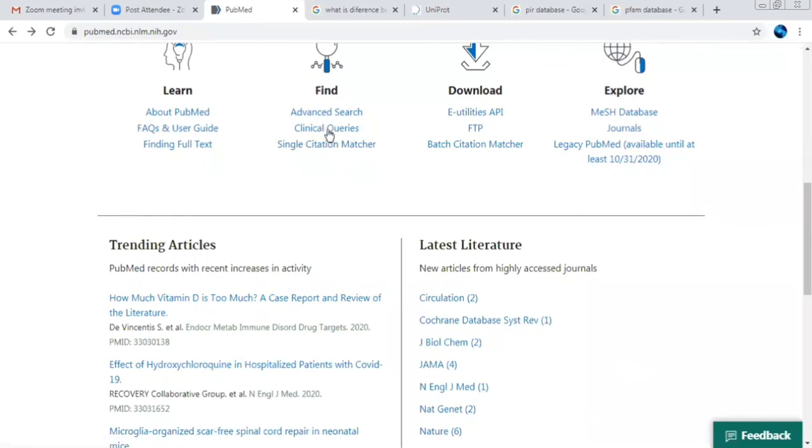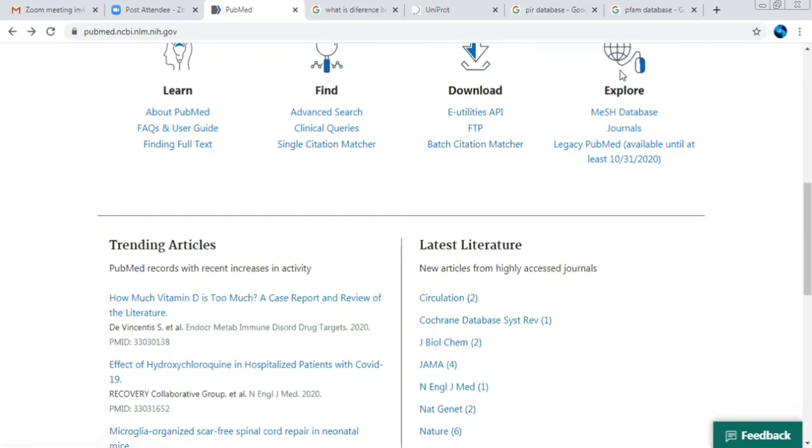Likewise, they have given search options based on the keywords we provide. They have even given an option for downloads, so you can download PubMed API-based, FTP-based, or based on the citation matcher.